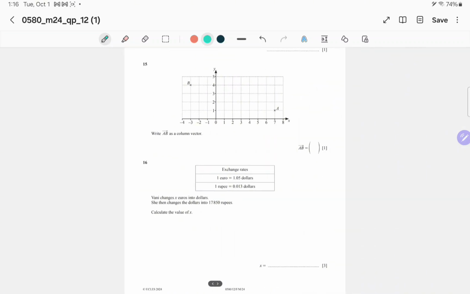It's the 15th question we are recording. Okay, 15th question, can we see one again? The 15th question is